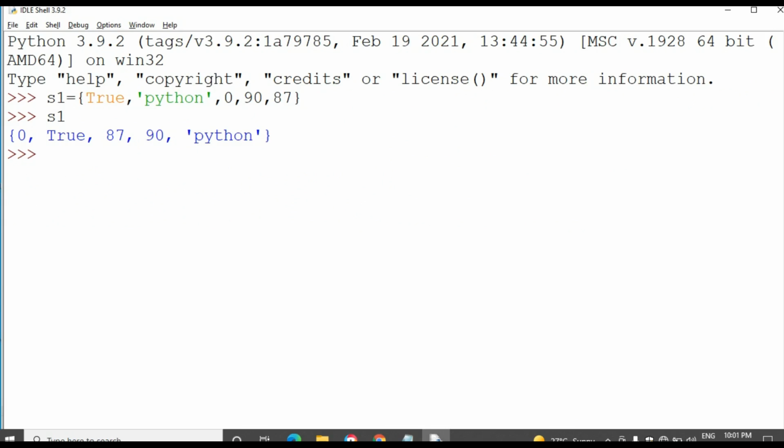Then the set does not allow duplicate elements. I'll show you.